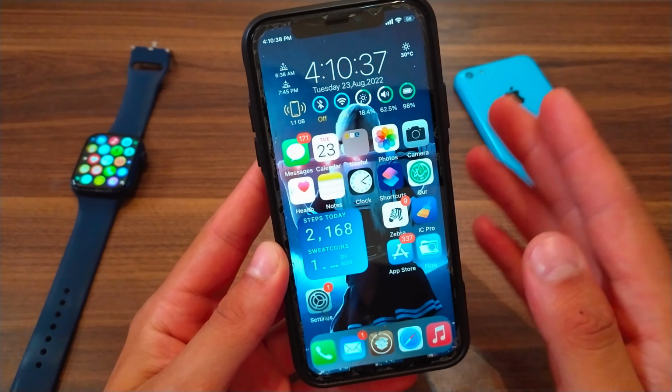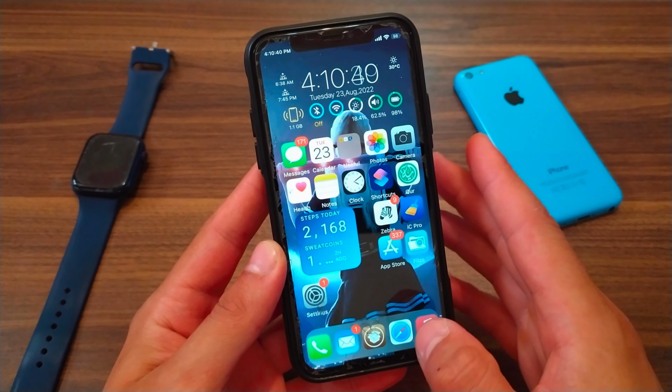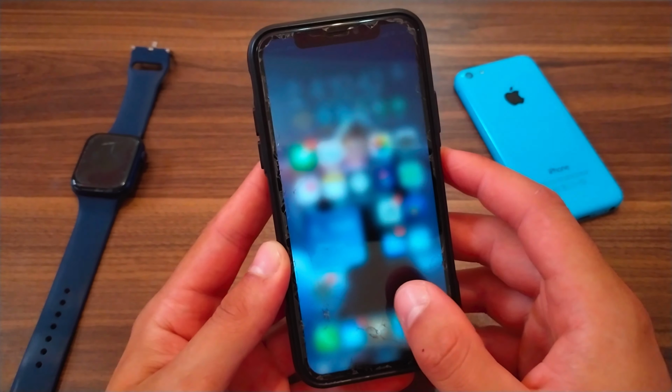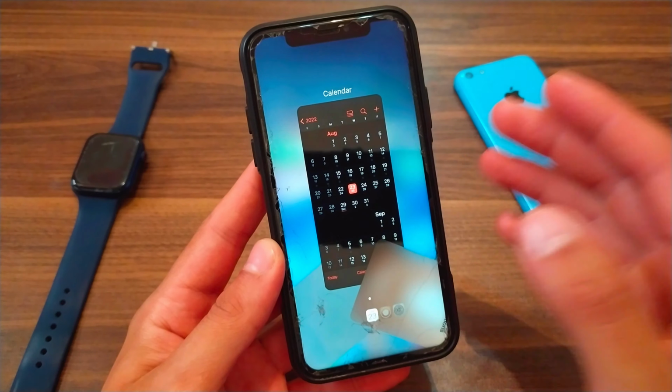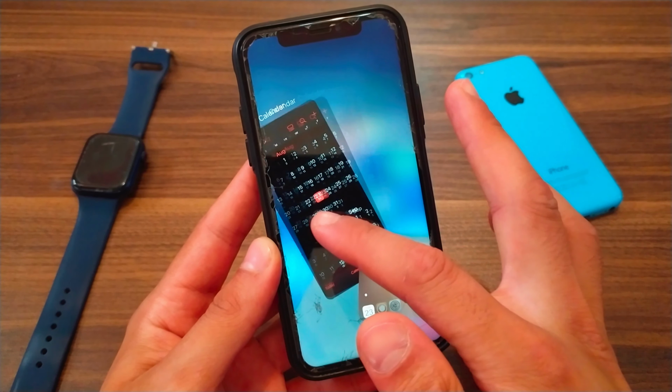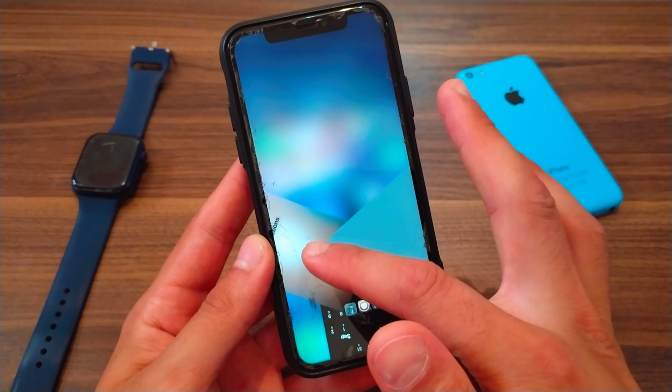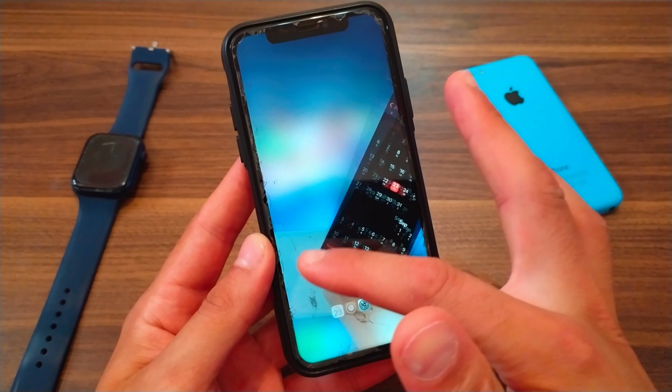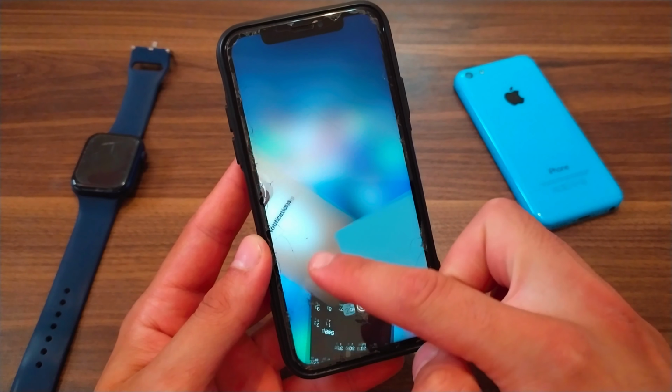In this video I will show you a beautiful tweak that you should download. This tweak will redesign the multitasking into this beautiful design. As you see, this tweak will give you this beautiful design and many other designs. This tweak will give you several different designs for multitasking, and it is a free and beautiful tweak.